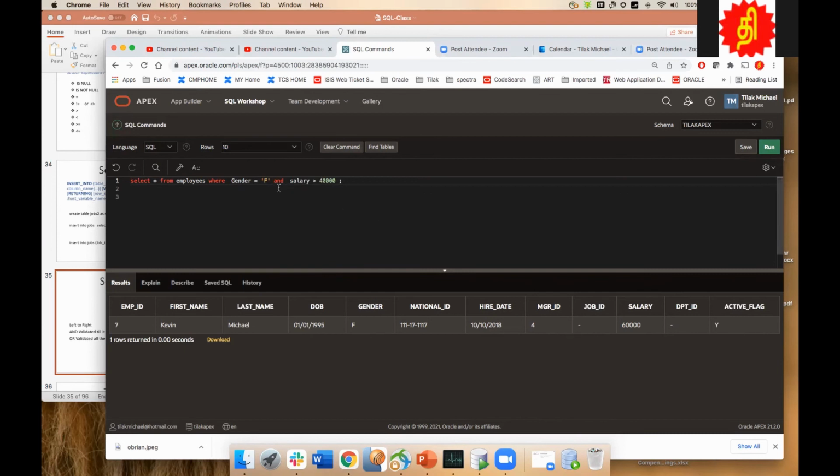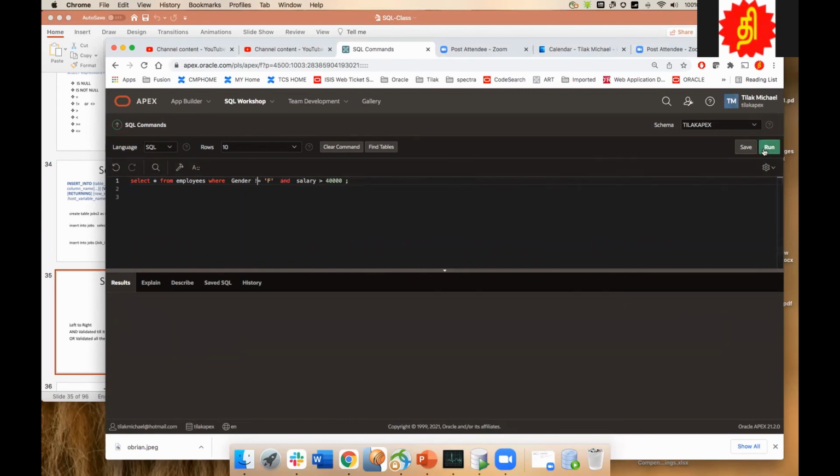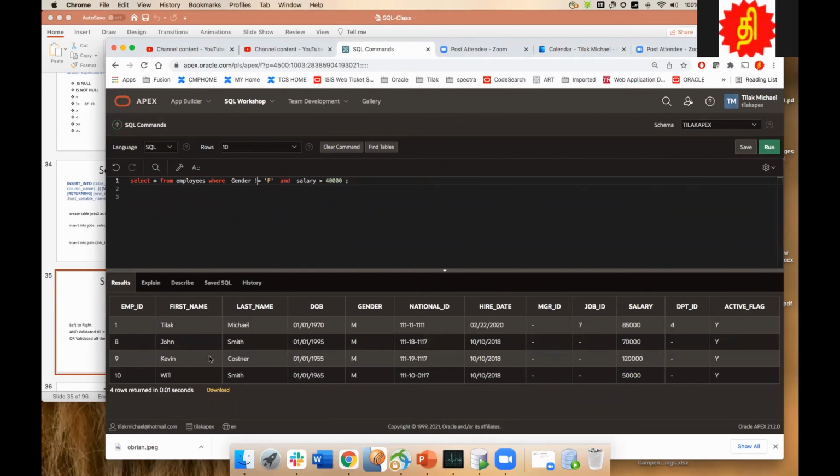Now I'm telling here AND or OR; be careful here. You understood that part, am I right? Every condition has to be true. Now I put gender not equal to female, so basically I'm telling anybody who is not female, whose salary is greater than 40,000. So there are three males coming: John, Kevin, Will. It was an accident; there's no specific reason I gave a lower salary for the ladies. Don't take it as anything wrong. The gender not equal to female and salary greater than that. You are getting this.